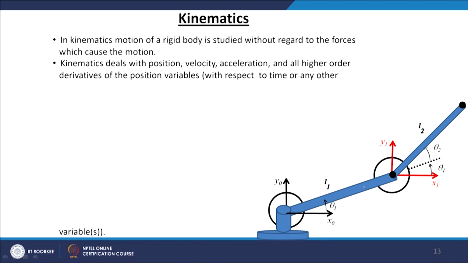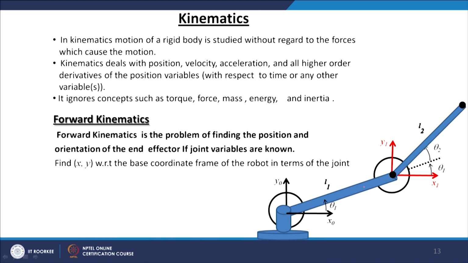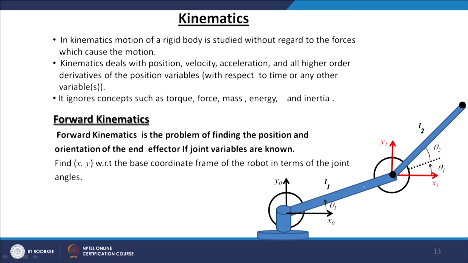So, for a very simple robot manipulator, all these calculations are very easy. We do not require the DH algorithm or anything, just simple geometry will give the kinematics equation and inverse kinematic solution, etc. So, here we see a simple 2-link robot manipulator, and it has 2 degrees of freedom.